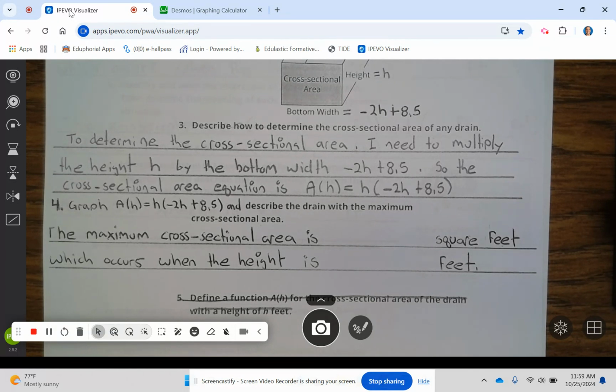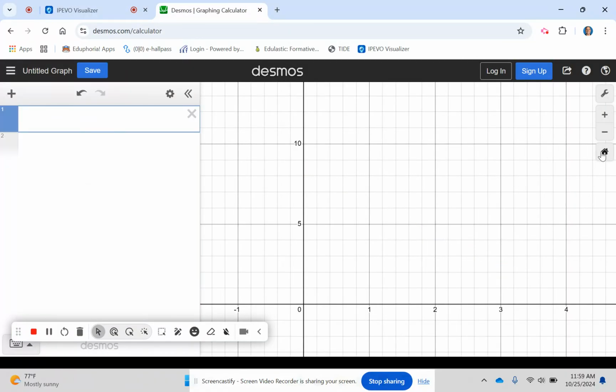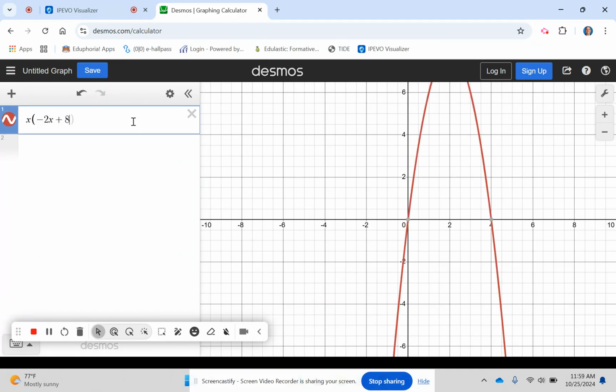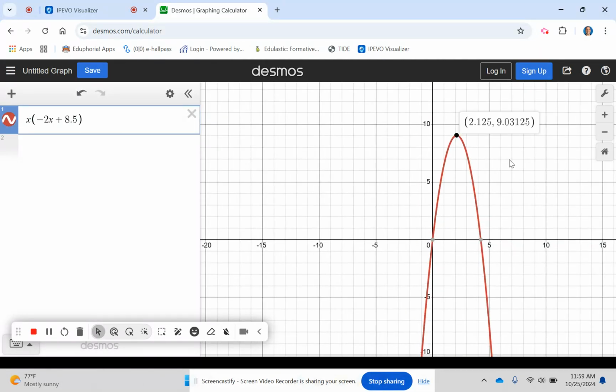Number 4, graph A of h equals h parentheses negative 2h plus 8.5 and describe the drain with the maximum cross-sectional area. All right, so let's go ahead and do that. So I'm going to exit out of this, press the home screen. Now we have to use x instead of h, so x parentheses negative 2x plus 8.5, and I'm going to zoom out just a little bit, and then there is my maximum point,